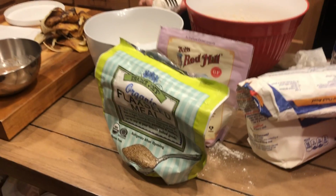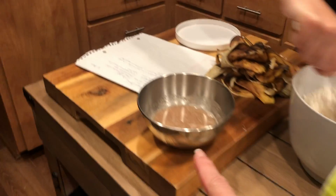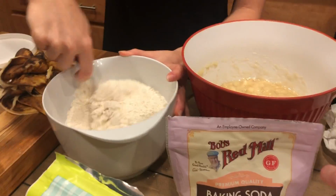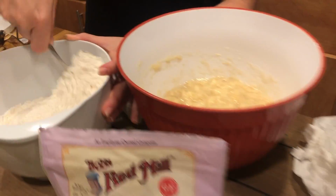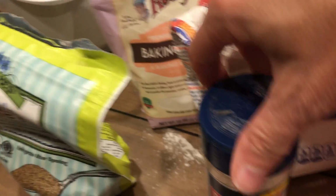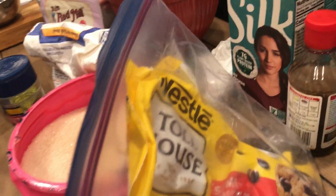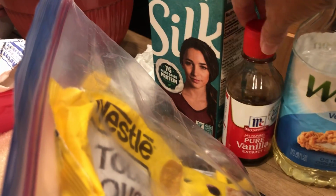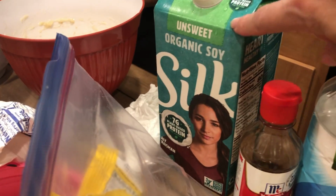So did we get everything? Let's see, we have flaxseed, which is right here. She's mixing up the dry ingredients. We put baking soda, we put flour, we put sugar, we put salt. Those are all our dry ingredients. And then, well, we didn't put chocolate chips in yet, but we did for our wet ingredients. We put in oil, we put in vanilla, we put in the soy milk,